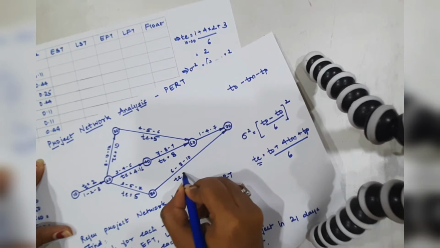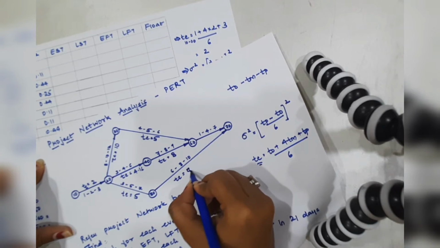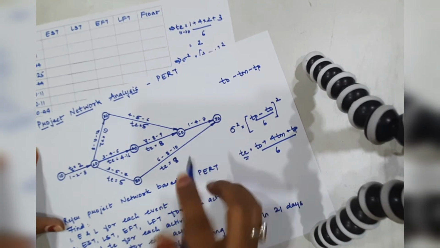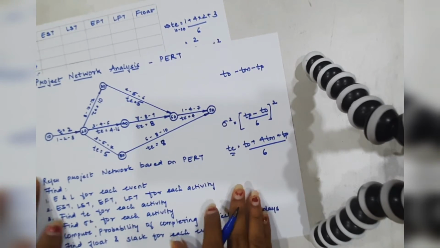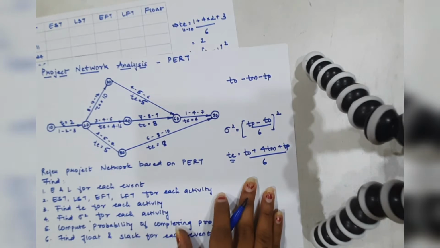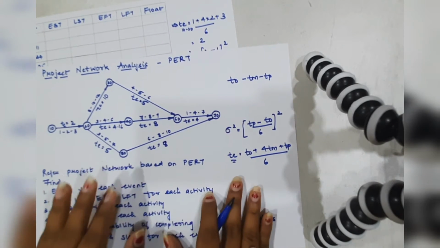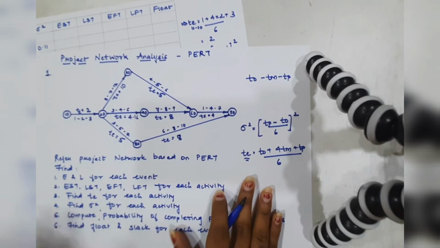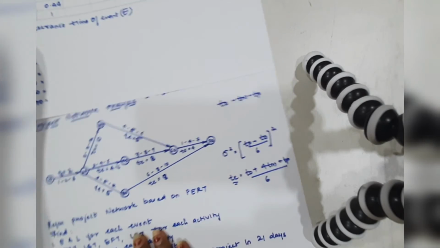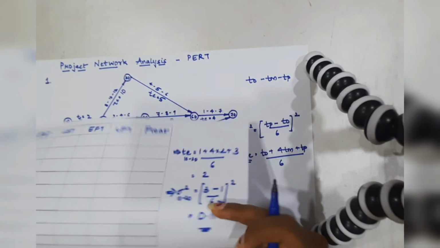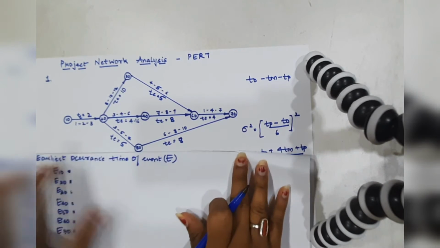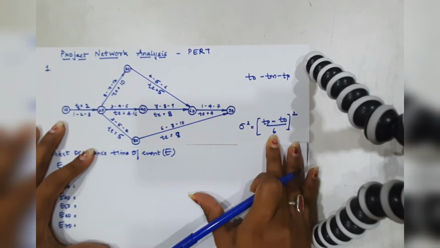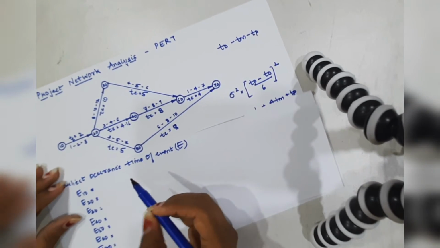Make sure you mention everything accurately, so that when you use it you are not mistaken by any values, and everything you calculate is perfectly correct. So now we are done mentioning TE. This will now be the duration which we are going to use for calculating the further numerical. Let's follow the same sequence which we did in the case of CPM. I'll fold this so that we only look at E and our project network diagram. So let's start calculating the E value.